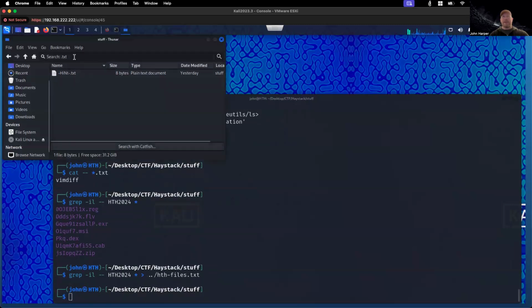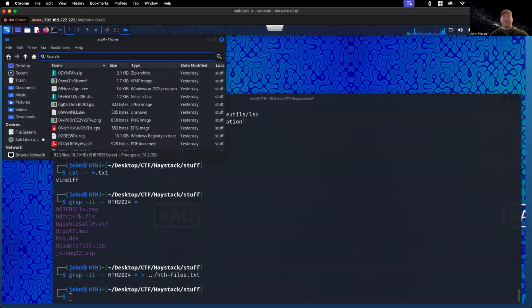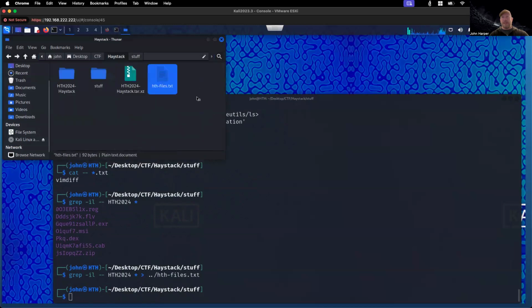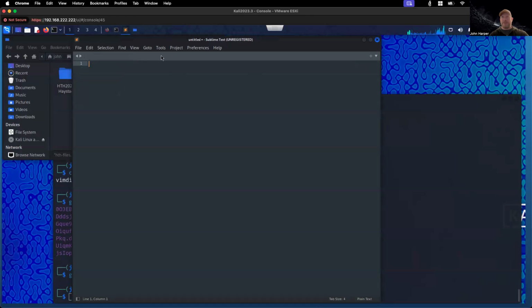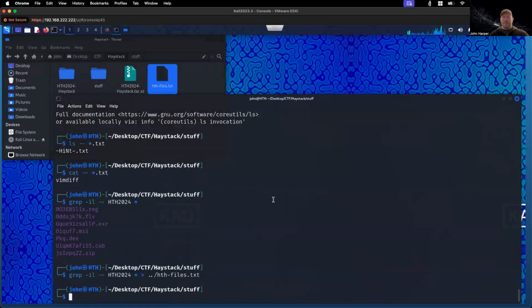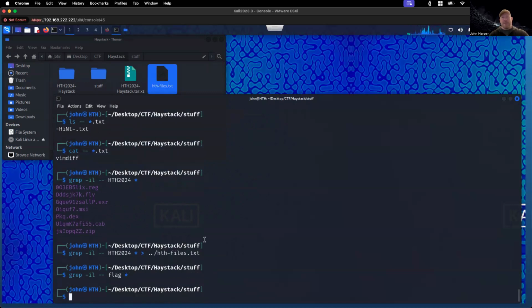So if we go back in here, just for the sake of having it as a record, you could do that, so you don't forget where you were. You could also look for the string flag. Oh, bummer. There's nothing there. I didn't have any contents of flag anywhere, but I did put flag in the flag file name,